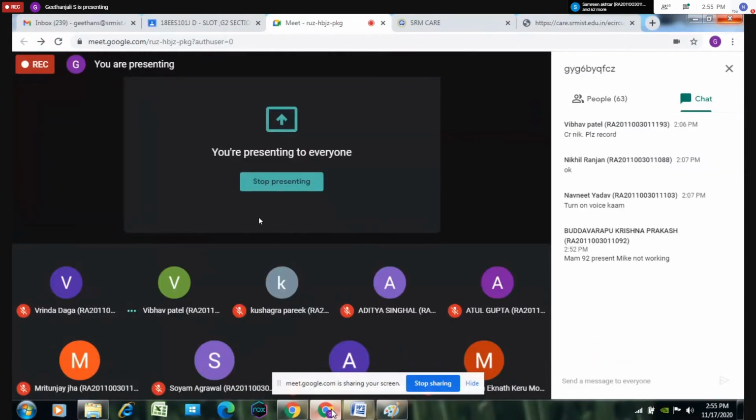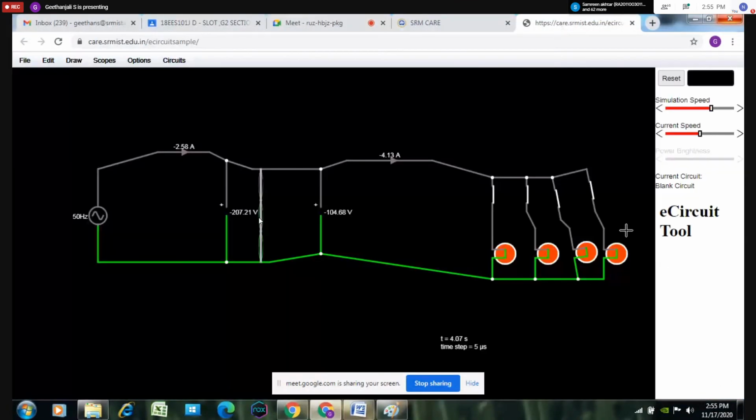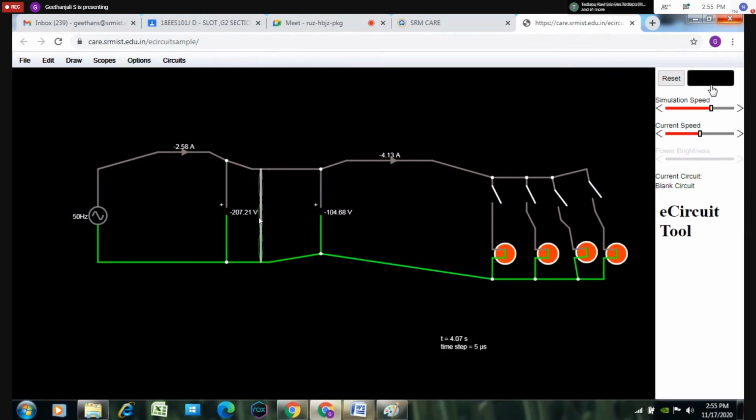To get the no load reading, you should not apply any load. So you switch off the resistive load. Here there is no load connected on the secondary side since we kept all the switches open. So the no load is applied on the secondary side. By the time, you have to take the reading. So you run, then stop.